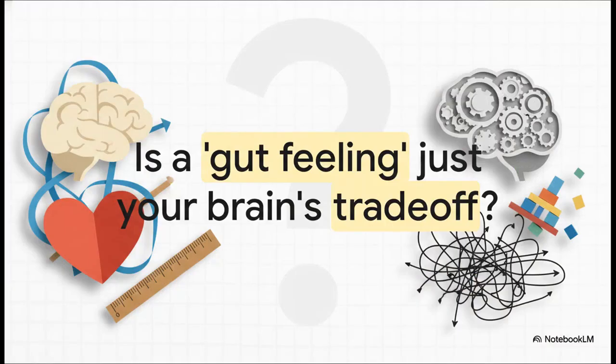So, this leaves us with a pretty fascinating final thought. The next time you have to make a snap judgment or you decide to just rely on a gut feeling, ask yourself this. Are you just performing your own deeply human version of the bias-variance trade-off? Are you choosing the simplicity of a reliable rule over a perfectly calculated but maybe unstable analysis?